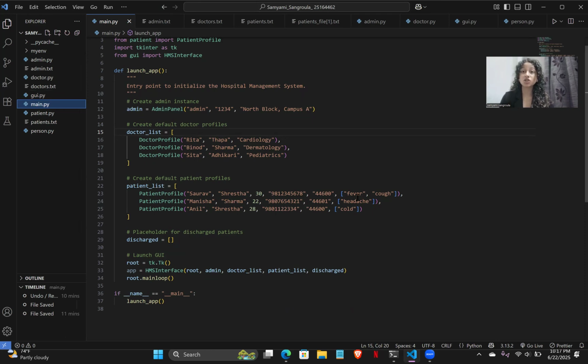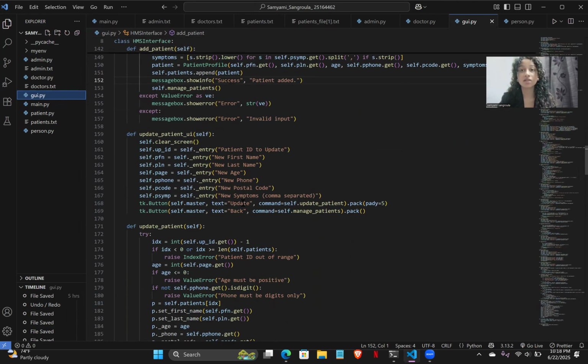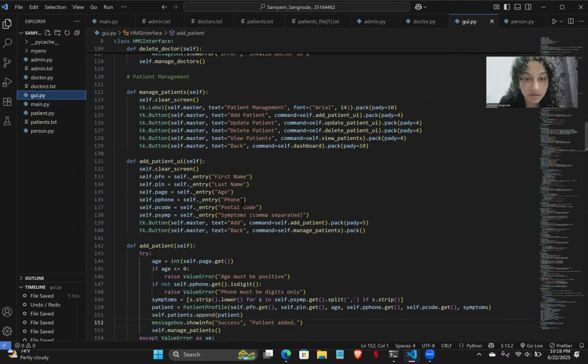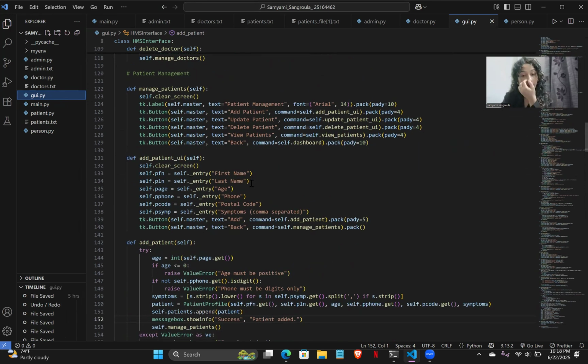Similarly, the GUI file is where I design the entire look and feel of the system. I use Tkinter to build buttons, input fields, and pop-ups. You can see here in GUI, I have built everything. There are different features like patient management: add patients, update patient, delete patients, view patients, back, etc. Also, I have added first name, last name, age, phone number, postal code, and symptoms for the patient's